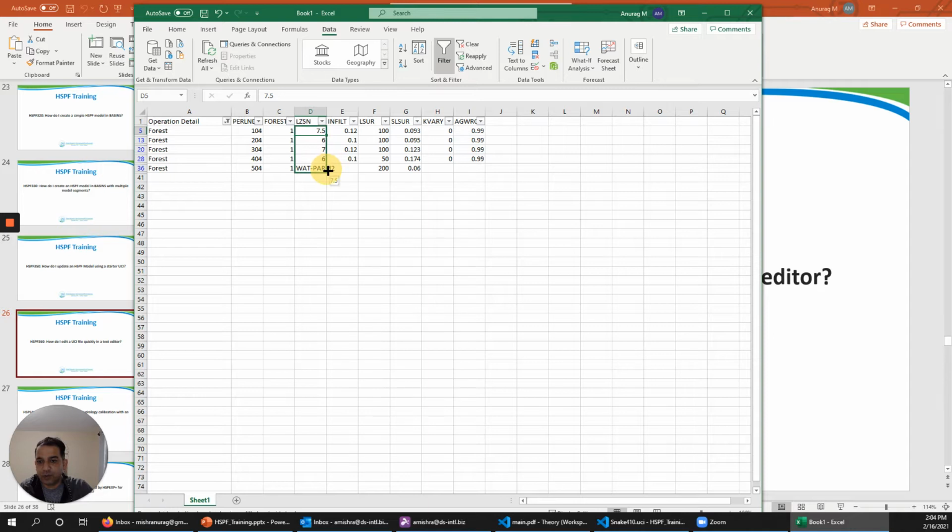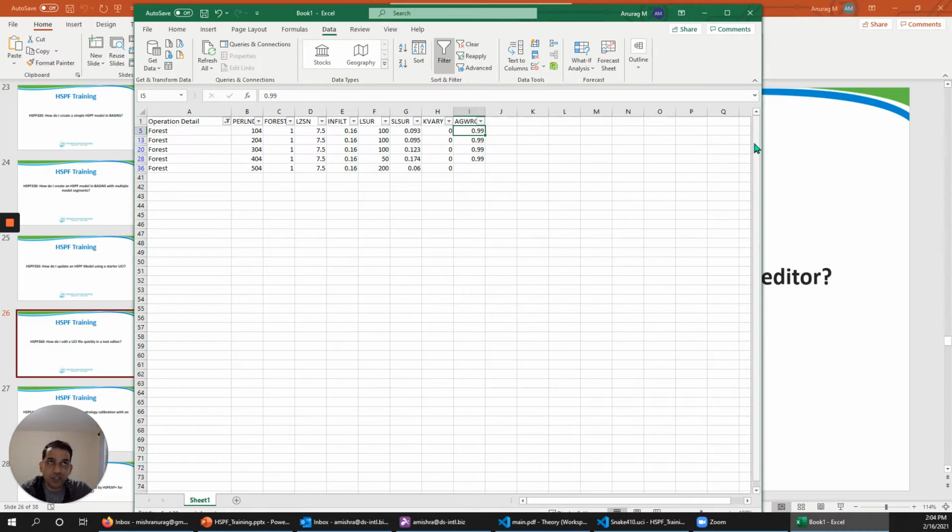This is just a starting value. It does not take any soils information into account. Let me also set the infiltration to about 0.16. For slope, K-VARY, we'll start with 0,